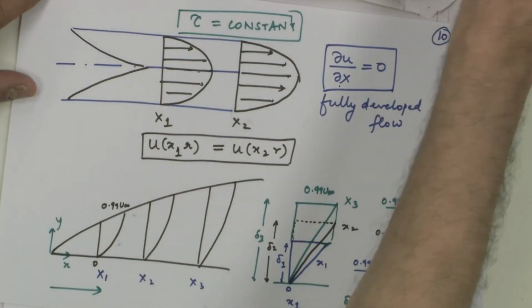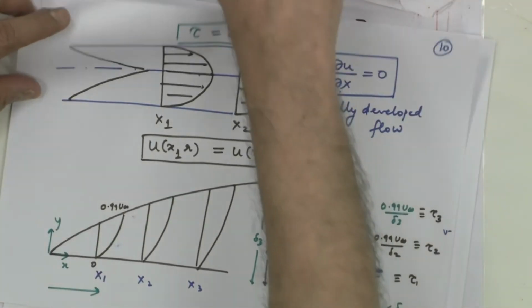This is for external flow. Now, internal flow is slightly different. The boundary layers merge after a particular distance, because it is formed all around the circumference of the pipe. The location where the boundary layers merge is very important. We call this the hydrodynamic entrance region, or entrance length. Beyond that is where all the activity happens. We call that the fully developed region. In the fully developed region, because nothing is changing with respect to the forces, the gradients are the same, which means the velocity profile is the same. That means, for fully developed internal flow, you have du by dx equal to 0, and wall shear stress is constant everywhere. So, if I were to plot